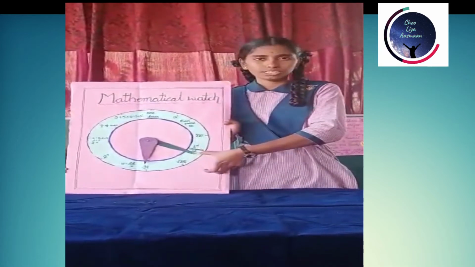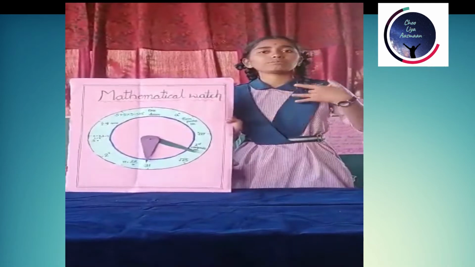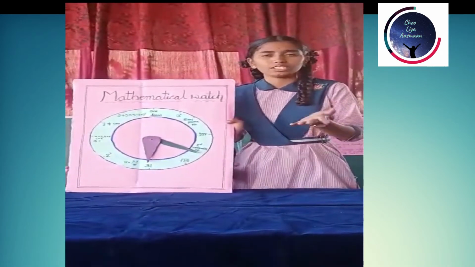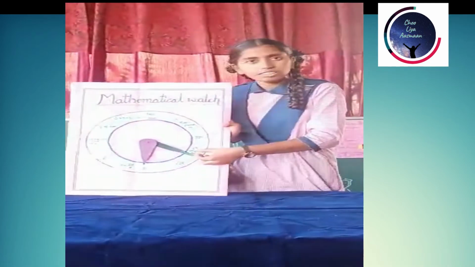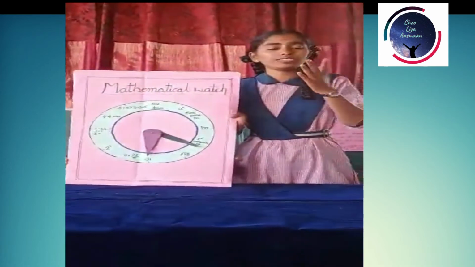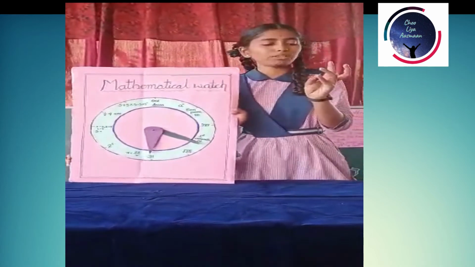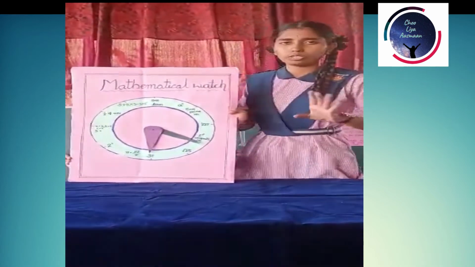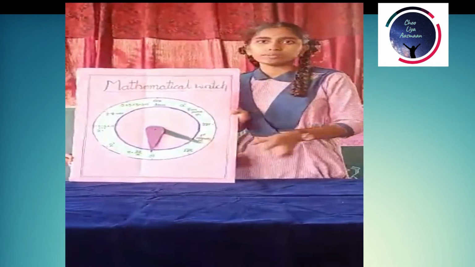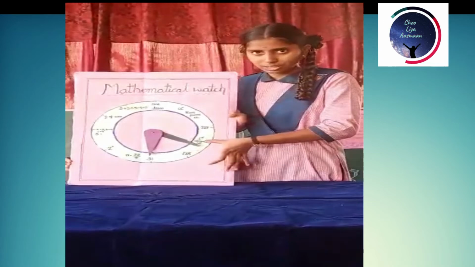Here, the first composite number. A composite number is nothing but a number which is divisible by more than 2 factors. So here the first composite number is 4. 4 is divisible by more than 2 factors. 4 is divisible by 1, 2 and also 4. So 4 is the first composite number in the number system. So the answer remains here 4.